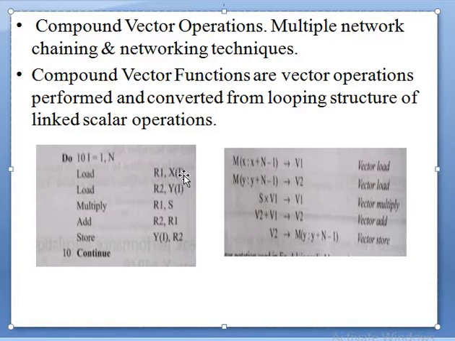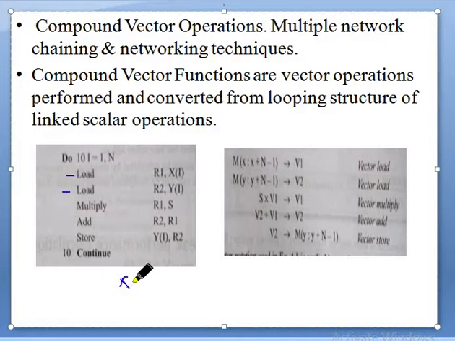Take a value from location x and load it on R1. Similarly, load a value from y onto R2. Please remember, the x value is on R1 and the y value is on R2.